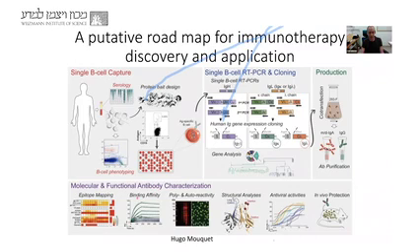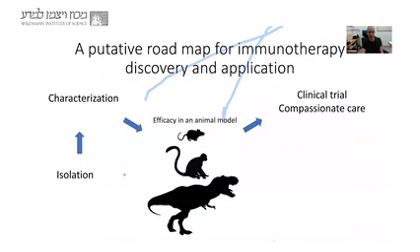It involves some characterization that takes time. This is mostly where we contribute to this effort, in the characterization step. And once we have antibodies, then the roadmap for using them looks like this. We'll need to isolate them, we'll need to characterize them, and then, like vaccines, we'll need to test them in some kind of an animal model and then proceed to a clinical trial.